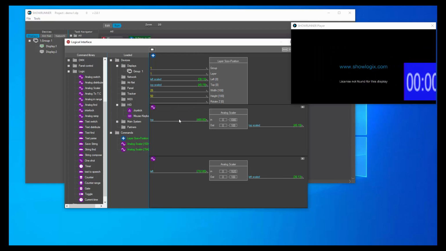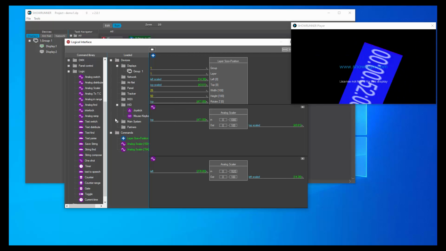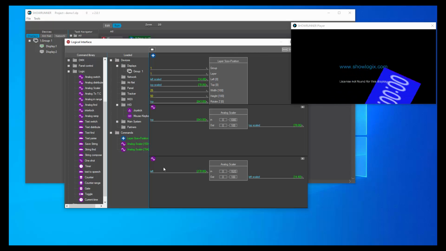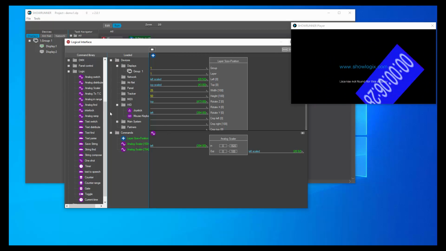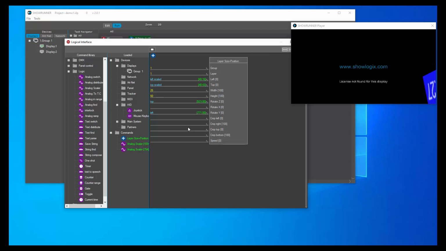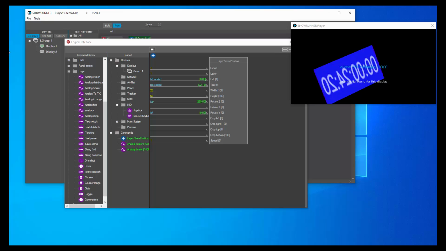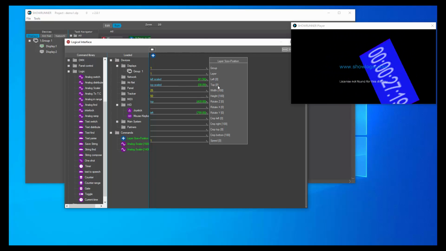I can take the mouse directly to the rotation, and you can see it rotates nicely. And if I want to rotate it on the y-axis using my mouse, this can also be done. Let's see what else we have. We can crop the layer, left, right, top and bottom, and we can give it a speed. So if I want this motion to be slower, I can add a second to my motion, and now everything is much slower and